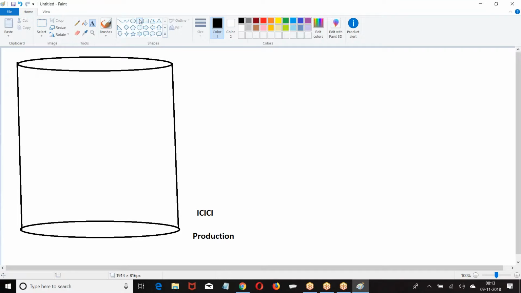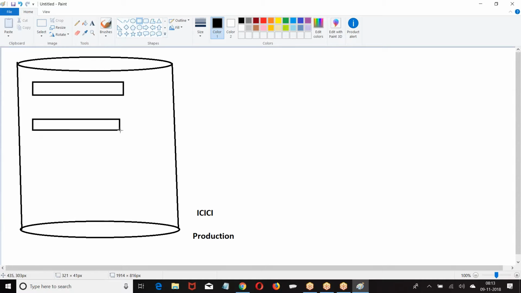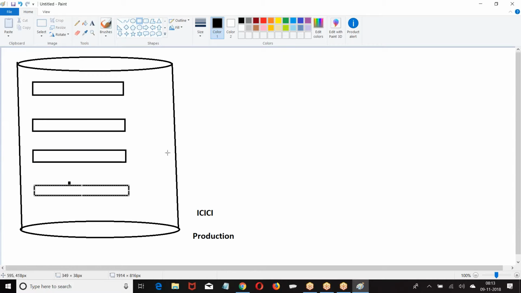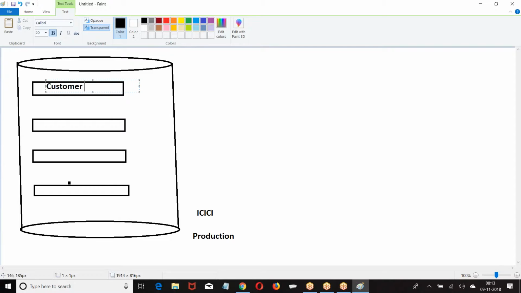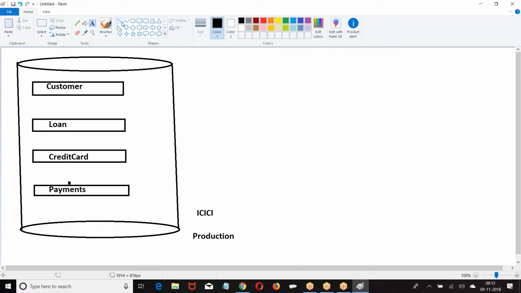The entire data available in this org, so I have some tables here, a customer table. For every object, I can only create one tab.